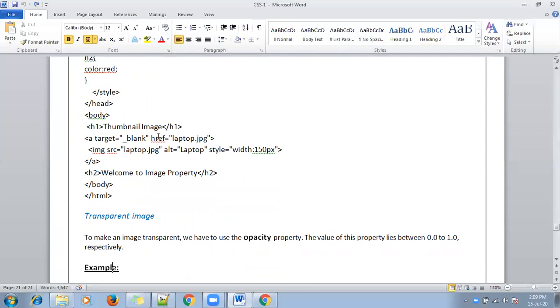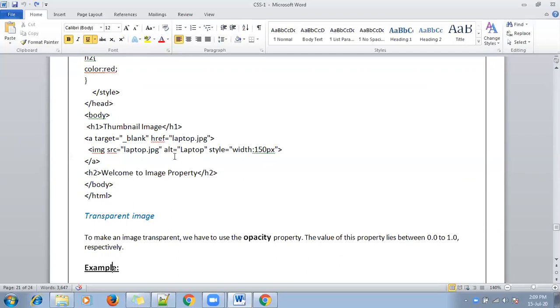I'm writing link as href, hyperlink reference, as laptop.jpg. If I click on this image, that image will be shown as a larger image in the next page. Okay, so the source of that image is here. You can specify image source, alternate as laptop, and style width as 150 pixel. You know what is alternate?